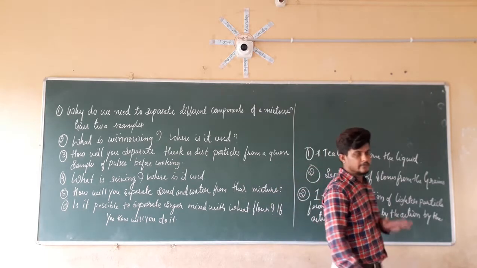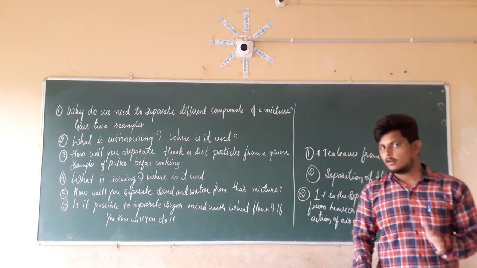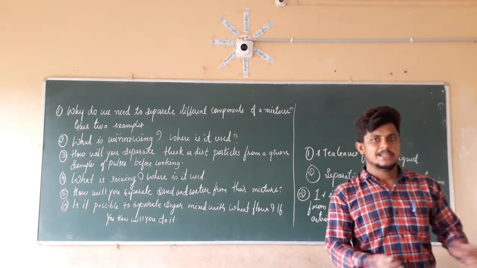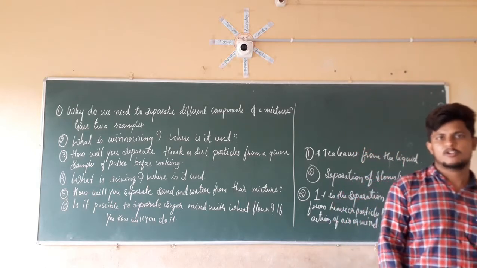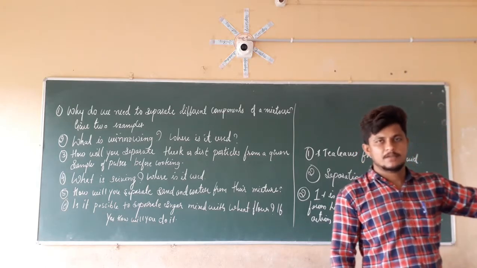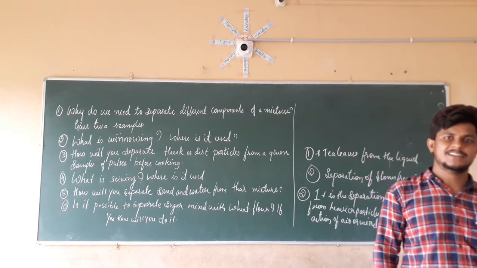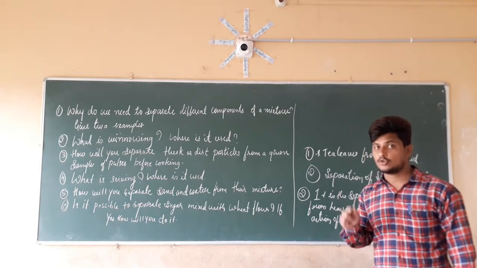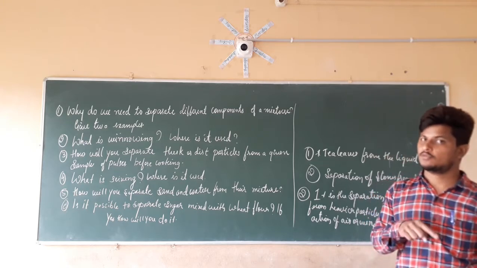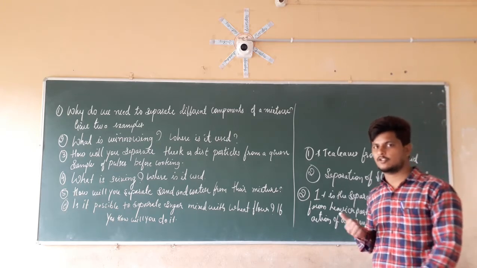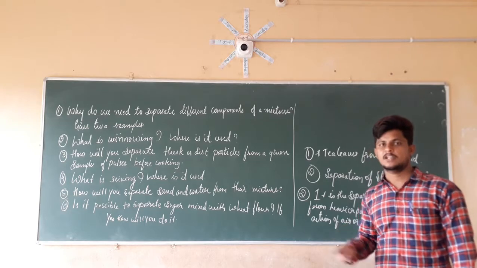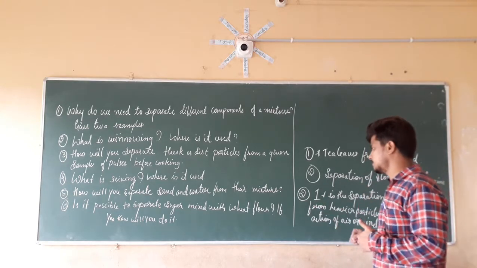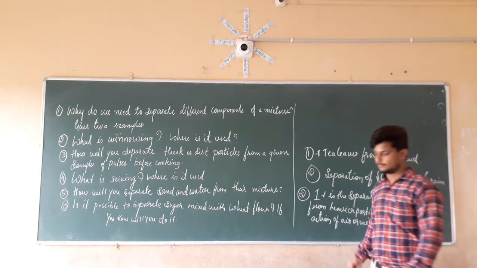Always remember, we don't know whether the lighter particle is impure or essential. In the same manner, the heavier particle may be impure or essential. Whatever it may be, a mixture containing lighter as well as heavier particles can be separated, and those should be in solid form only. If they are in liquid form, it is not possible. Only if they are solid can we use the action of wind or air to separate them. This is nothing but winnowing.